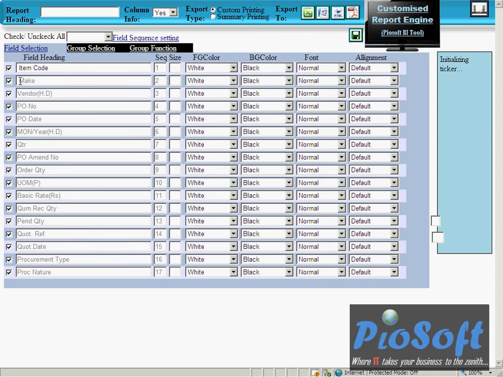In the field selection tab, all the different columns will be coming here, and by default each and every column will be checked. That means in the final report all the columns will be coming, or rather we can say that all the data of all the columns will be getting exported to the final report. These are the same columns that you saw outside, like vendor and so on.